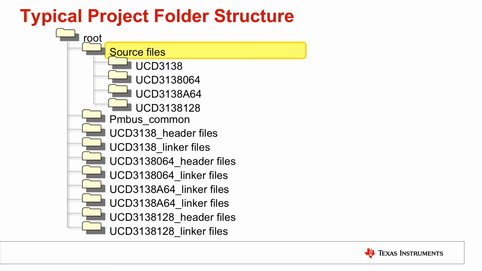The C source files are in their own folder. This folder will also contain some header files for the project. We will briefly overview the main source files in a moment. The output files generated when a project is built are placed in a folder within the folder containing the source files. There is a separate output file folder for each version of the UCD.